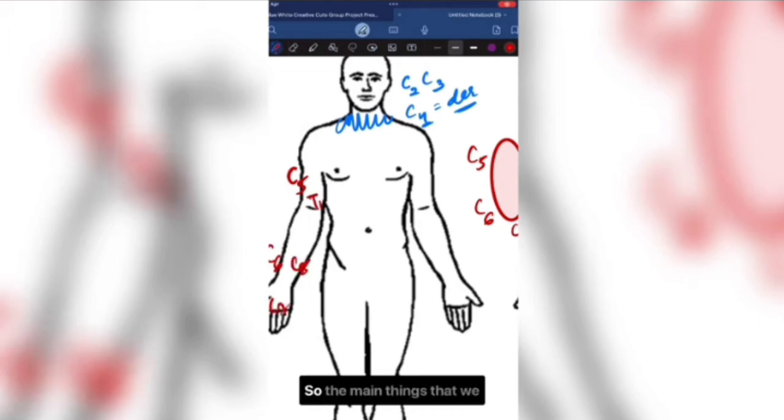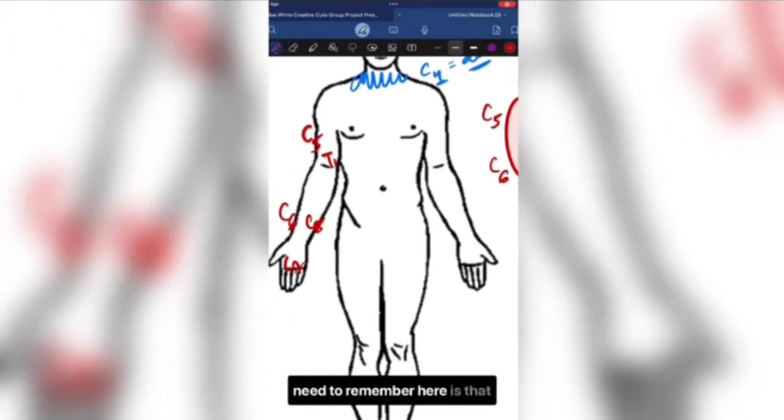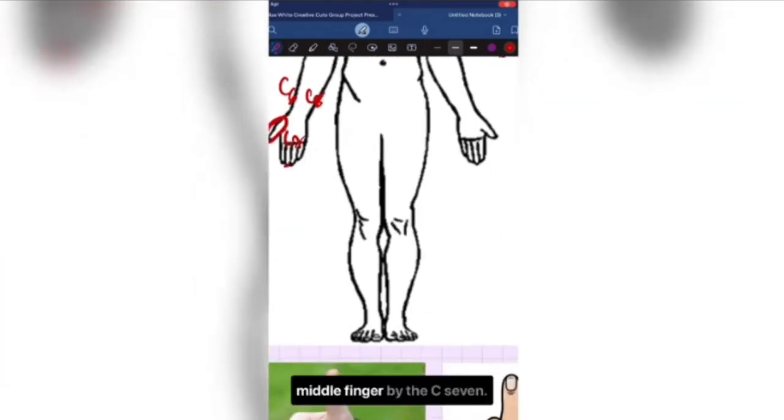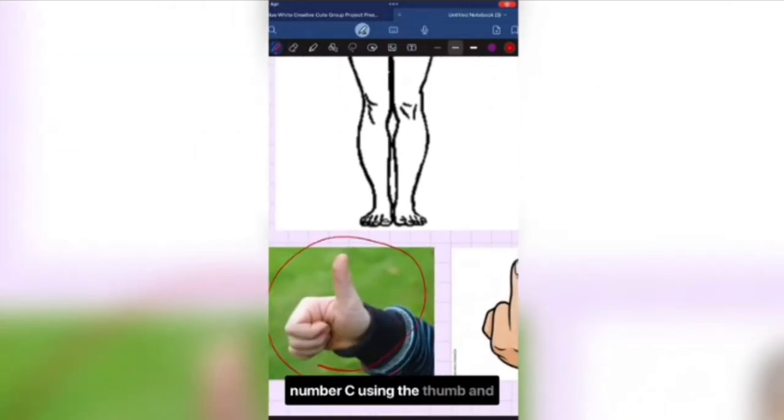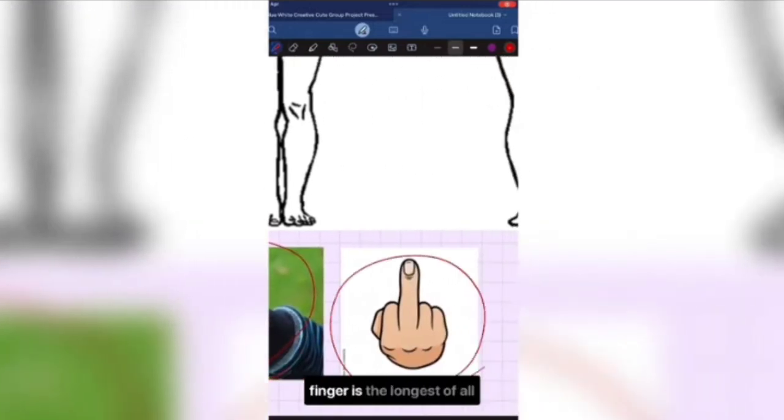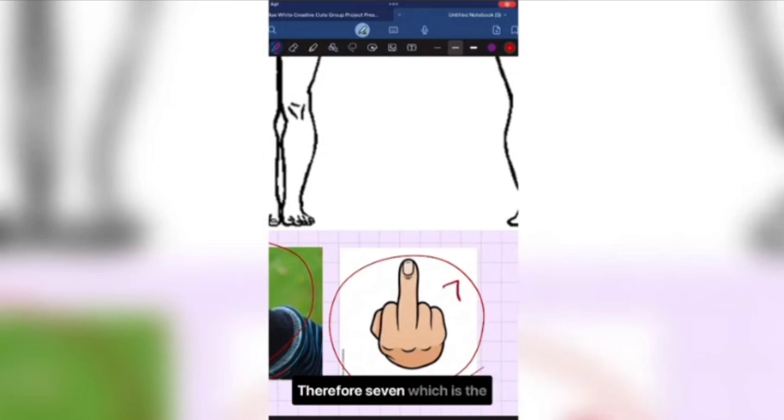So the main things that we need to remember here is that the thumb is innervated by the C6 in a dermatome and the middle finger by the C7. So we know that we show the number 6 using the thumb, and we know that the middle finger is the longest of all the fingers, therefore 7, which is the longest of all the numbers here between C5 and